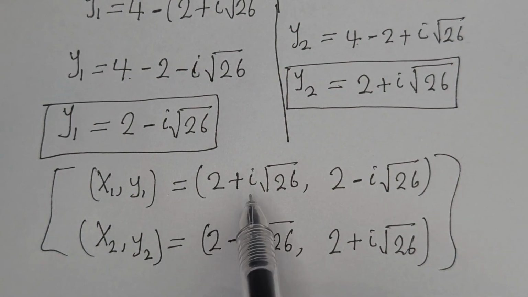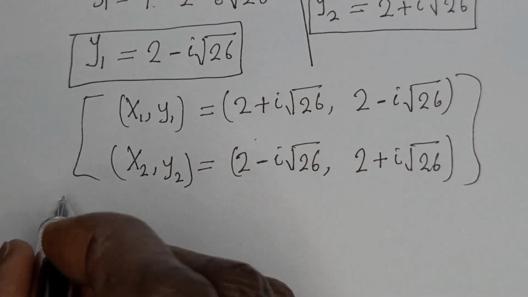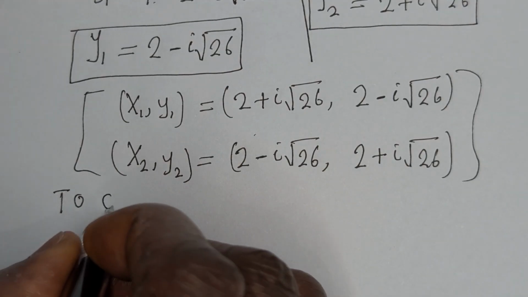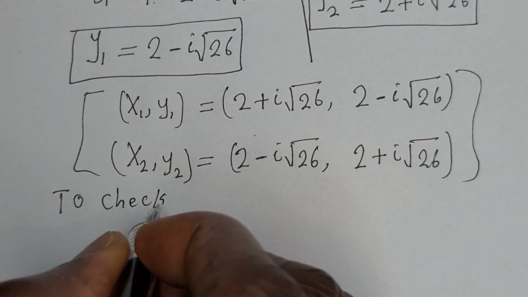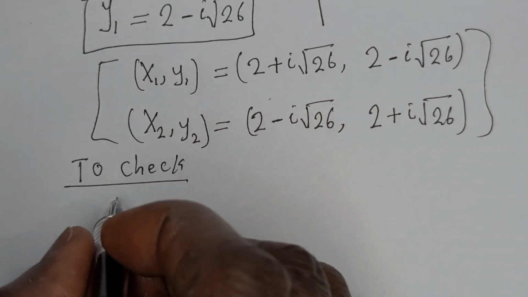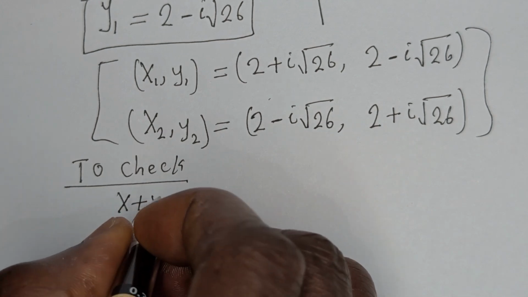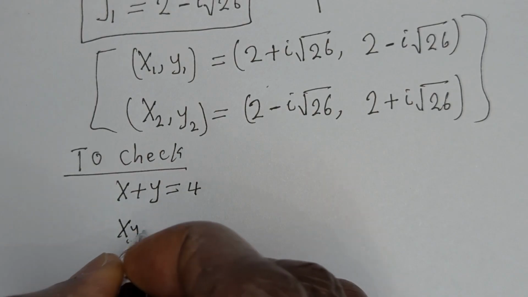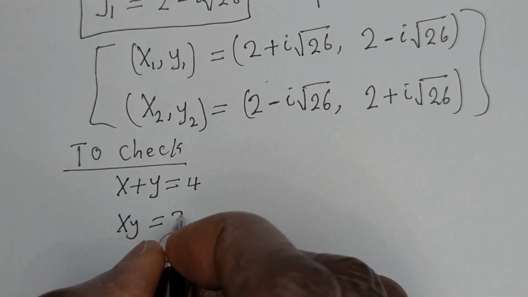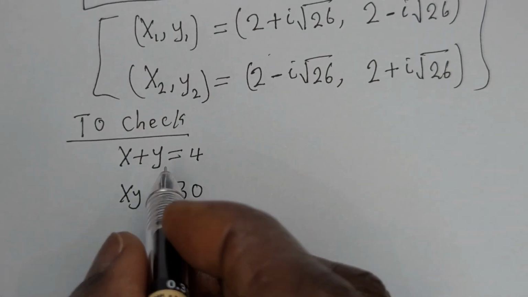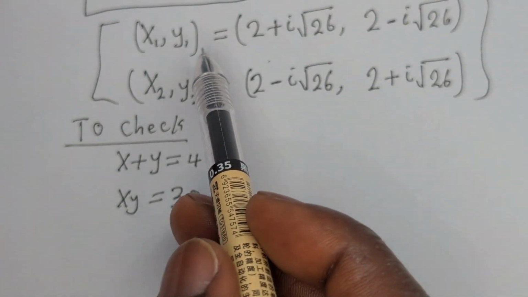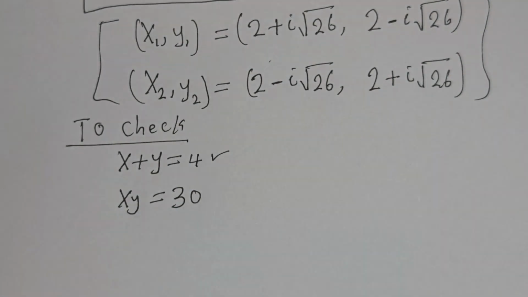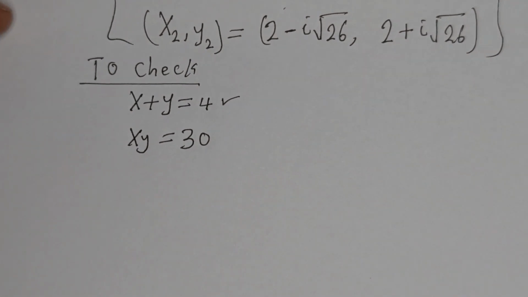We may check to confirm if this answer is right or wrong. Let's check. To check, we have the given equation. x plus y is equal to 4. xy is equal to 30. Now let's consider this using either automatic